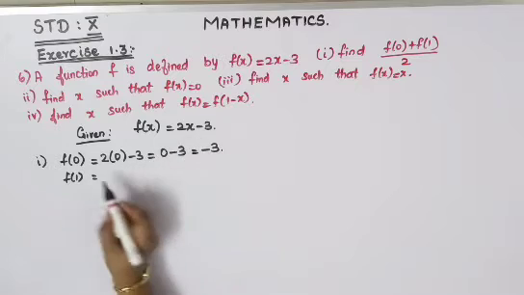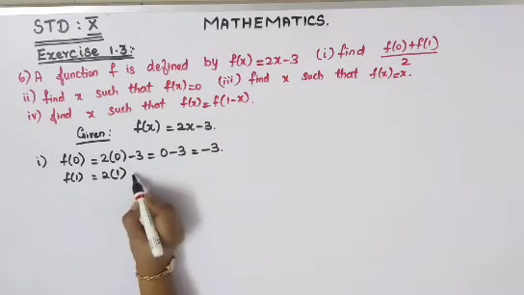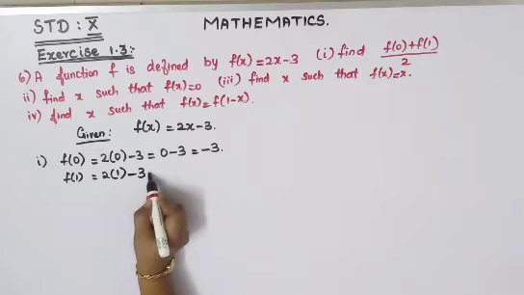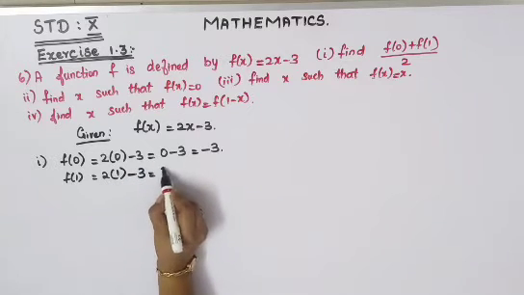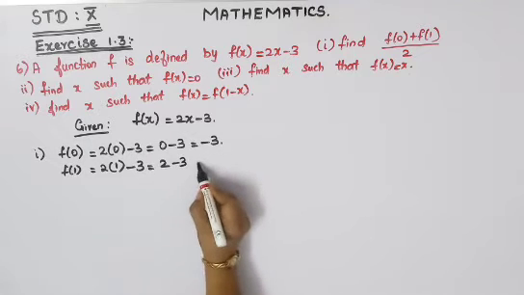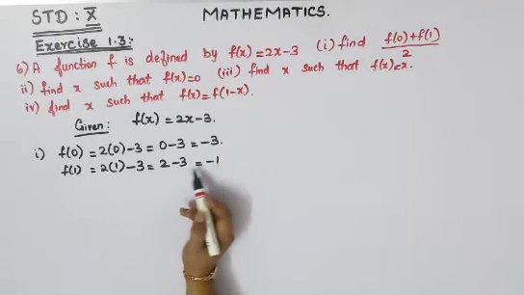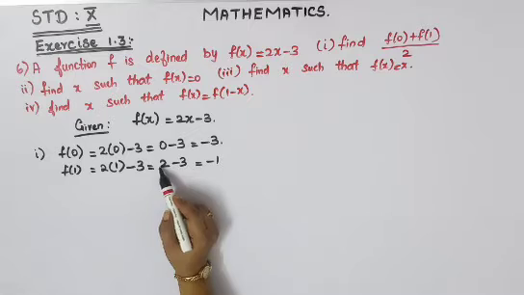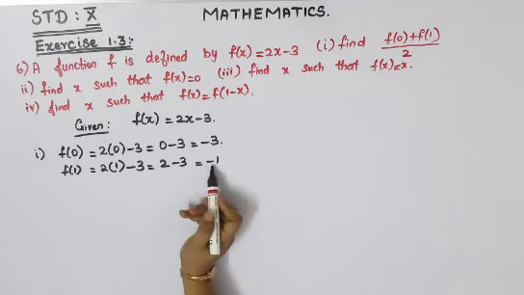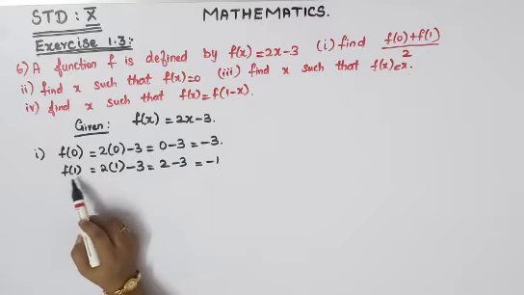So going to your right hand side, 2 into, instead of x, 1 you will have to write, minus 3 will be there as it is. So 2 ones are 2, minus 3. So 2 minus 3 is minus 1. You will get the bigger number's symbol, which is minus. So subtract and put the bigger number's sign, otherwise sign. So 3 minus 2 will get 1. Bigger number sign is minus. So minus 1. Okay. So now we have got f of 0 and f of 1.